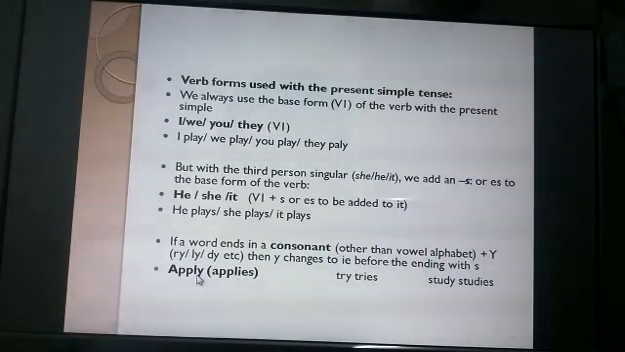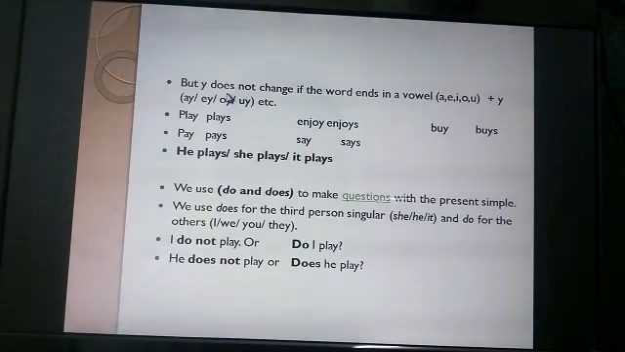Suppose when you look at apply, the last letter is y and it is preceded by a consonant. So now y changes to ies. So apply becomes applies, and try becomes tries, and study becomes studies. But y does not change when the word ends in a vowel,